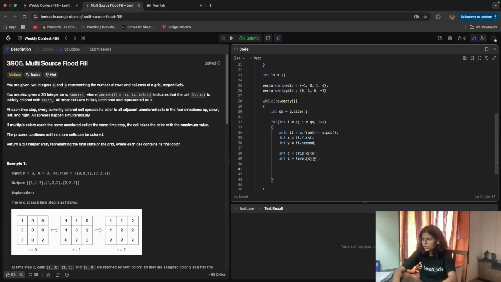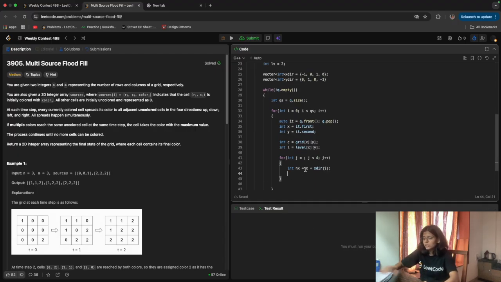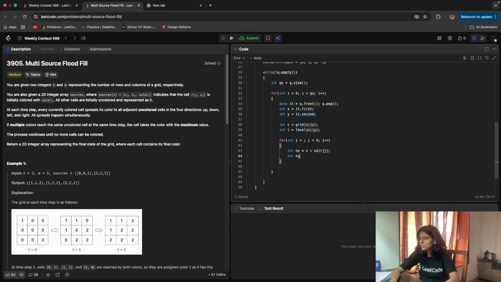level, for int j equals 0, j is less than 4 size, and j plus plus. What will be the next new x and new y? So my new x will be x plus x direction at j, and because these are colored, right, we want neighbor ones, so to get neighbor cells I did this. And ny is equals to y plus y direction